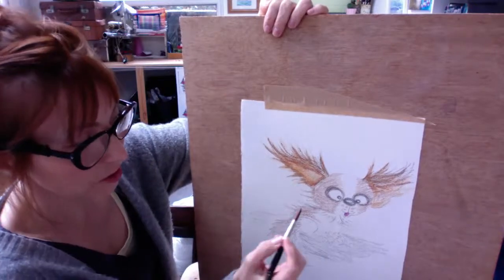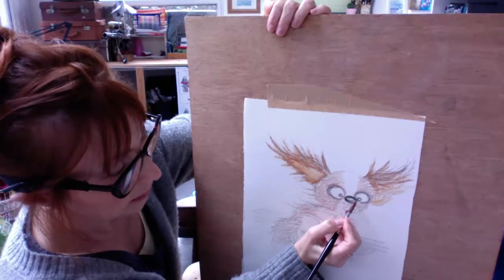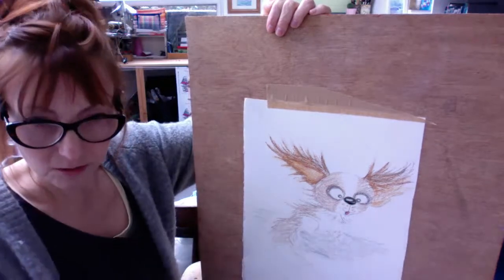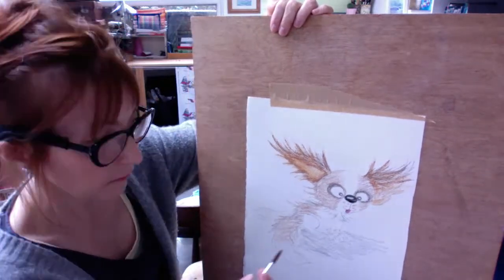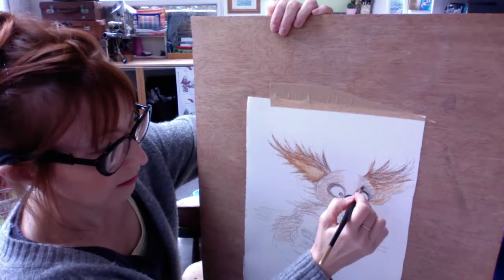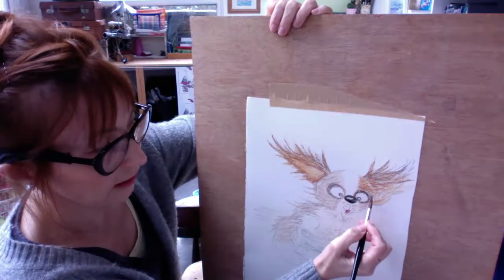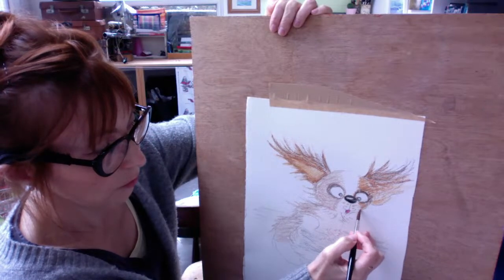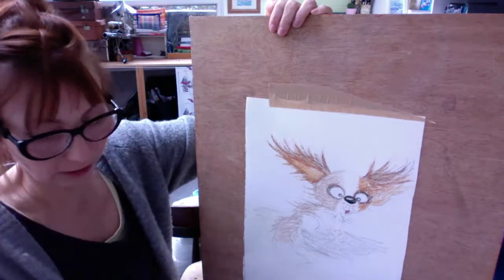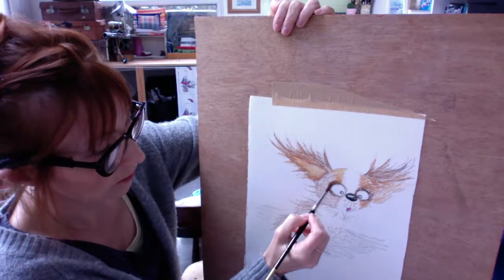Okay, I've really wetted my brush again. I'm just going to do her nose first of all. And that brings up that black really nicely. You can still see a little bit of the texture underneath. And then this bit of her head actually is quite flat fur there. So I'm not going to bother doing much in the way of fluff, just a little bit there to show that bit around the other side of her cheek. And then a little bit more here, around that black